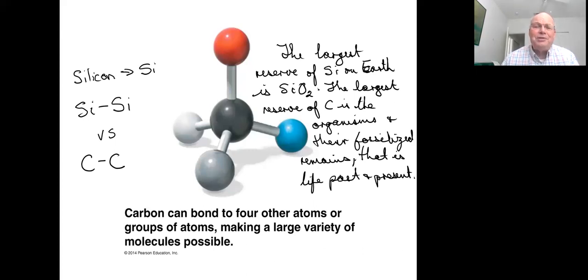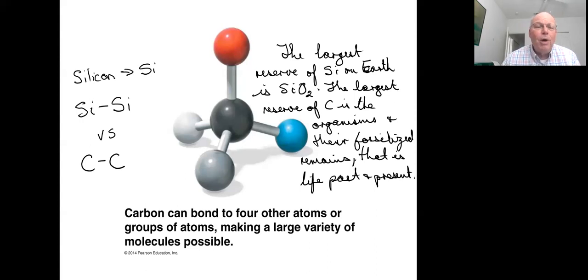So it was life itself that started the accumulation of oxygen through photosynthesis. So that by the time we get to around 2 to 2.5 billion years ago, we start to see substantial amounts of oxygen in the atmosphere,